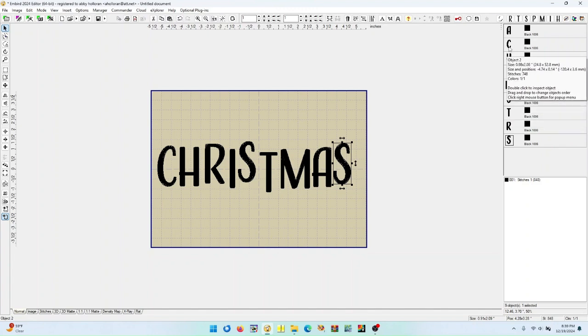So I'm going to left click on the C, and then I'm going to left click on it again and hold it this time and bring it up and let go on the A and click insert before. And then I'm going to do the same with the H, click on it a second time, drag it up and click before. And then the same with the R, so click it a second time and click before. I'm going to take this A and I'm going to move it down below, click it twice and bring it down below the T, so select after,